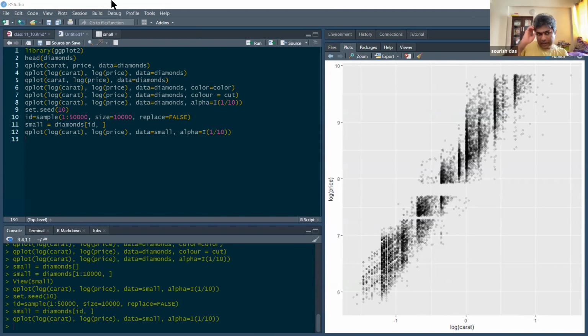Suppose whichever function we use to take out a sample, this seed will be taken as 10 for any function we use for sampling. If all of us in the class agree to take the same seed as 10, then all of our results will be reproducible, exactly the same.